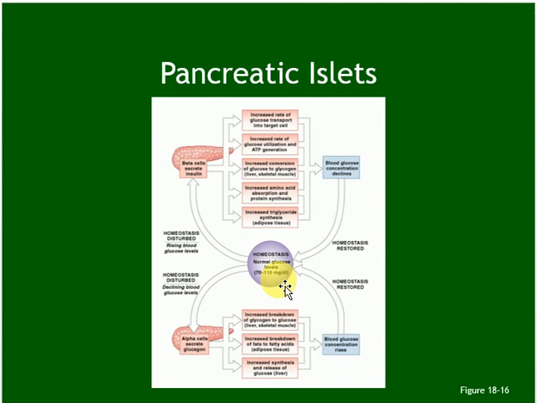This is normal. If the glucose goes down, so instead of being between 70 and 110, which is the normal fasting level, if it's like 50 or 60 or something, glucagon will be secreted from the pancreas, and it will increase the glucose level back to normal. On the other hand, if it increases, so instead of being from 70 to 110, it goes to 130, 150, and so on, insulin will be secreted in this case,